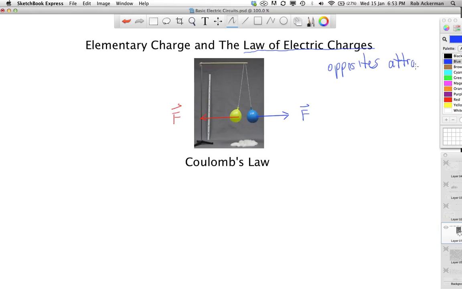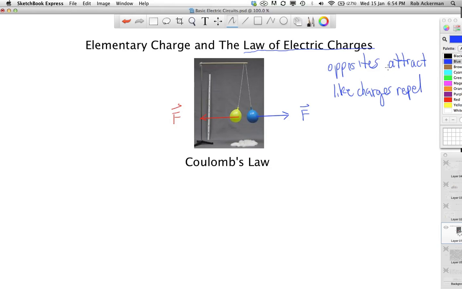And it also says that like charges repel. Remember that one? There's something similar with magnets, and we are going to study that later on in this unit. Remember with north and south poles of magnets, how the like poles repel and the opposites attract? Same sort of thing. In fact, electricity and magnetism are related, but we're going to start off by talking about